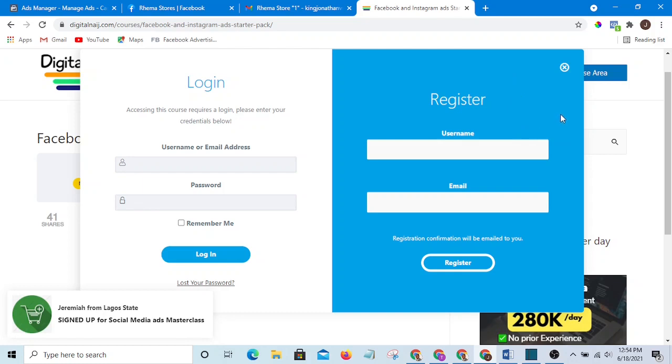If you don't see it in inbox, go to your promotion folder or spam folder and drag it to inbox. Then click on the link and set your password, a password that you can easily remember. And once you are done, come back to this URL or this page